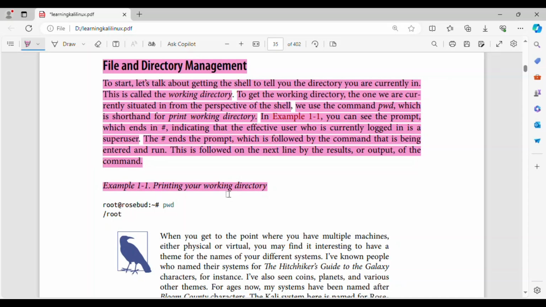Example 1-1. Printing your working directory. root@rosebud# pwd